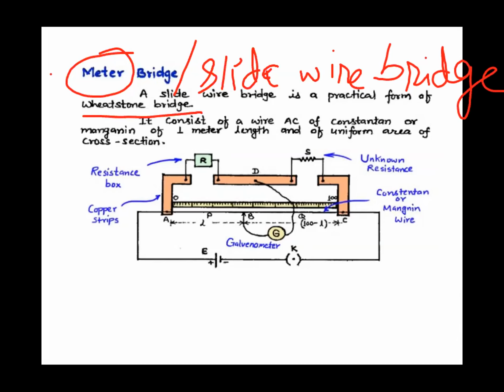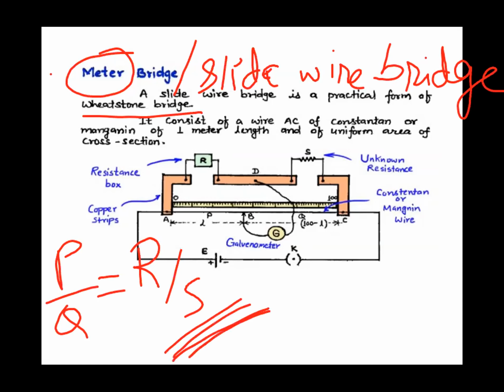There are 4 resistors, and we will bring all 4 resistors to this condition, that is P by Q equals R by S. The condition आ गयी, and then we will find the value of the unknown, right? Now, first of all, this is the principle of the meter bridge. So the meter bridge works on the principle of the Wheatstone bridge. What is the principle? When the bridge is balanced, this is the condition. So this you will write in the principle. If in the exam they ask, what is the principle of the meter bridge? You will write: the meter bridge works on the principle of the Wheatstone bridge, that is, when the bridge is balanced, P upon Q equals R by S.